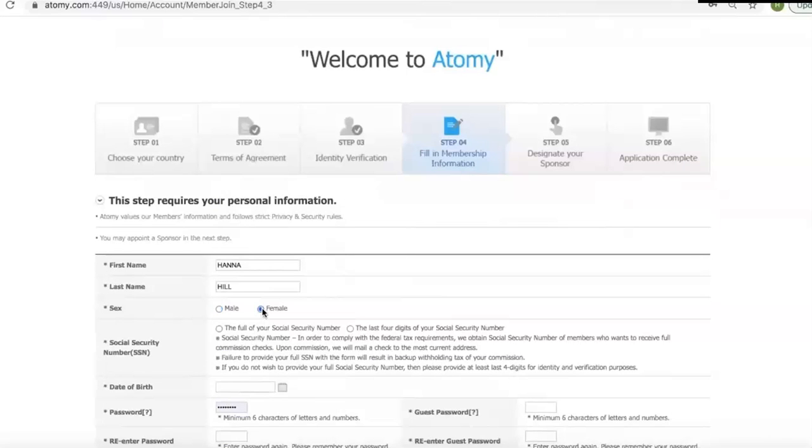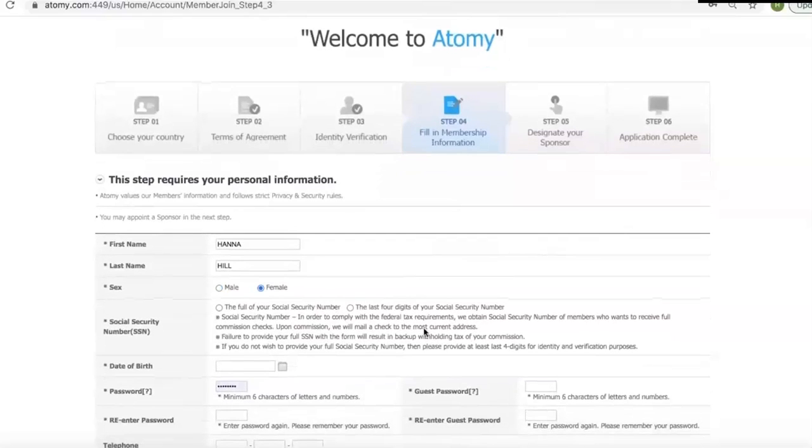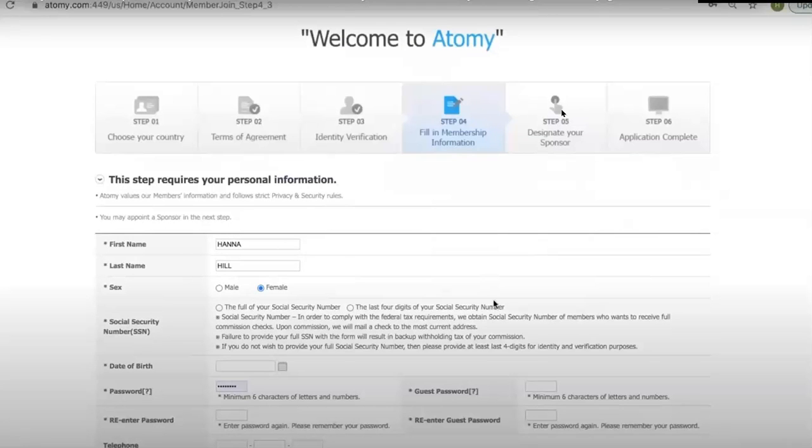So here we're going to put the sex, and then here you have the option of entering your full social or the last 4. Regardless of it being you helping someone join or someone wanting to join on their own, this comes up as a question for a lot of people. What is the difference? What does it matter? What does it mean? Well, yes, you have the option to enter the last 4 digits of your social security